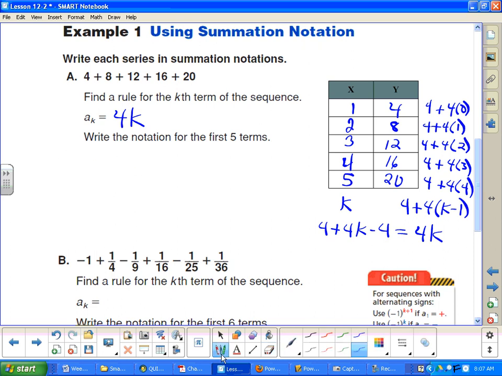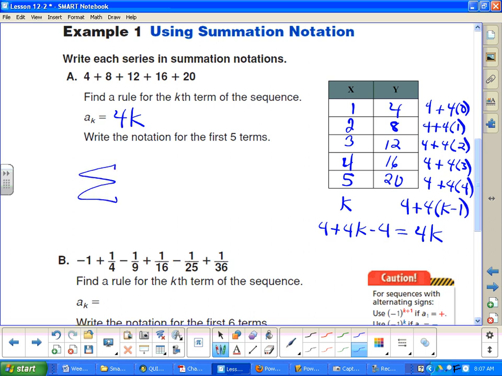But like I said, if we're talking about linear, find the rate of change, the first difference, which in this case is 4. Multiply that by the variable we're using. If we're doing summation notation, we're using the variable of k. And then go back that number from the first term to term 0, and you would find basically your y-intercept. So if I write it in summation notation then,